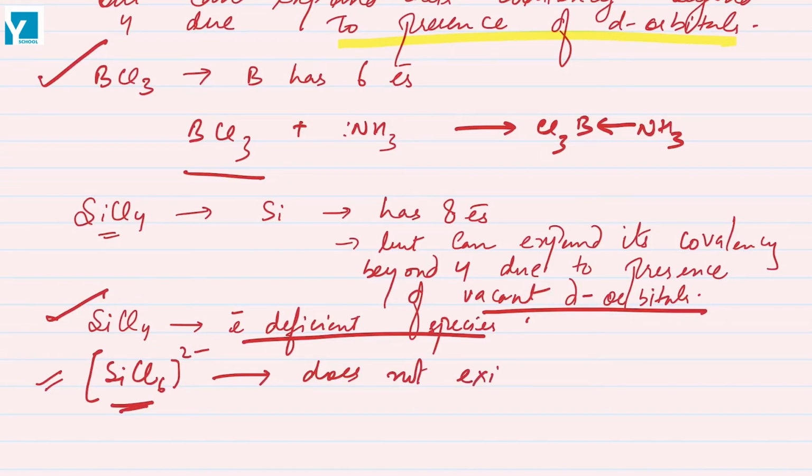But in the other case, if we add two fluoride ions to SiF4, then it will exist. That means SiF6 2 negative is possible, but SiCl6 2 negative is not possible